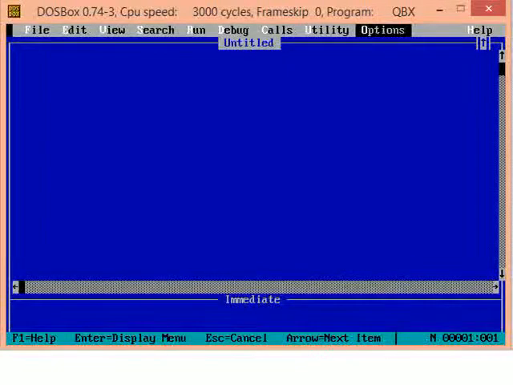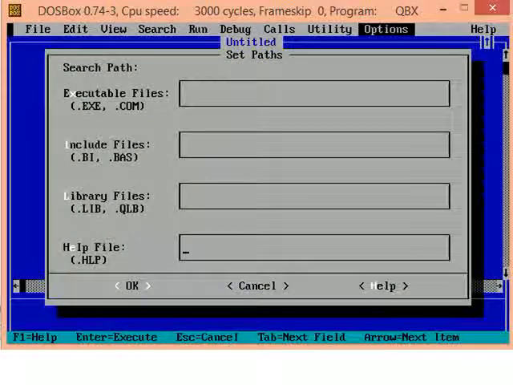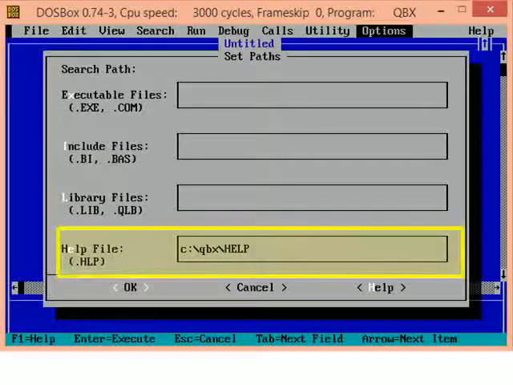This is completely optional and you can do it later. Select Options menu item by using mouse or pressing Alt Options and then select Set Paths menu item. In this dialog box, set the help file path as shown. Now you are ready to go.